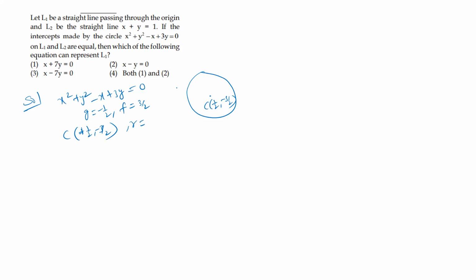That means, for example, this is one line and this is another line. The distance from the center to the first line, which we don't know, is unknown, and the distance to the second line. L1 passes through the point 0 comma 0. The L2 line is already given: x plus y minus 1 equal to 0. We find the distances from the center to both lines, and both lengths are equal. If this is A and this is B, then CA is equal to CB.